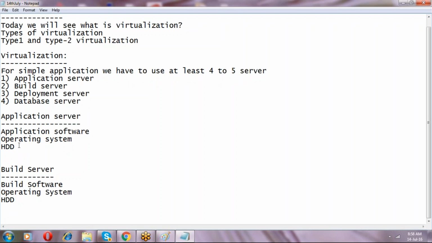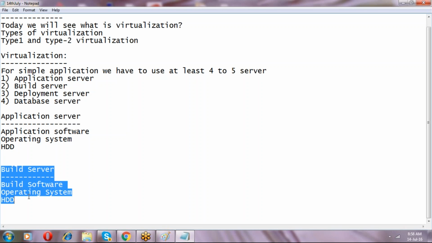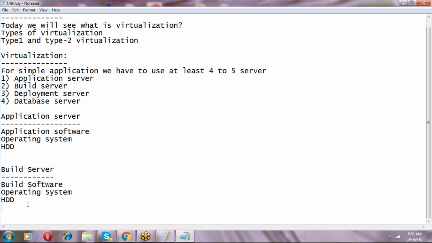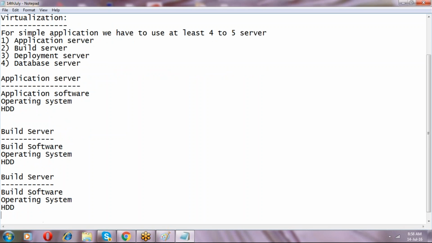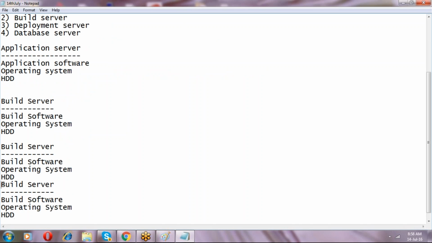I will copy it. Deployment server, and then the database server.